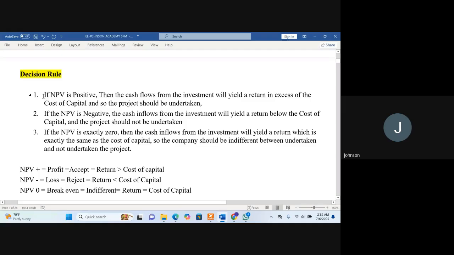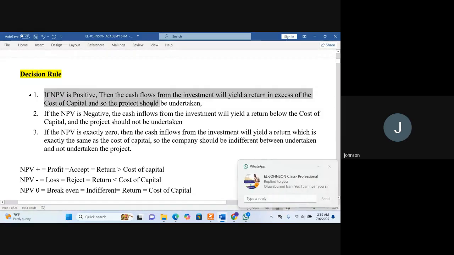Now, they say if your NPV is positive, then the cash flows from the investment will yield a return in excess of the cost of capital, and so the project should be undertaken. Now, in order for us to understand this statement, because many students in the exam may know how to calculate NPV, but if they don't know whether or not they can,